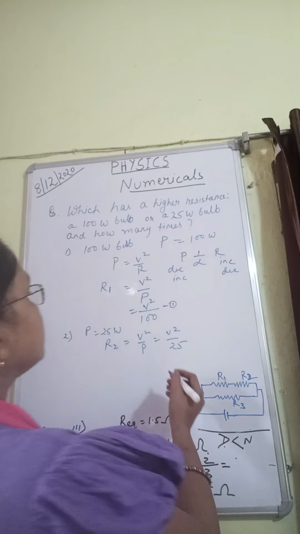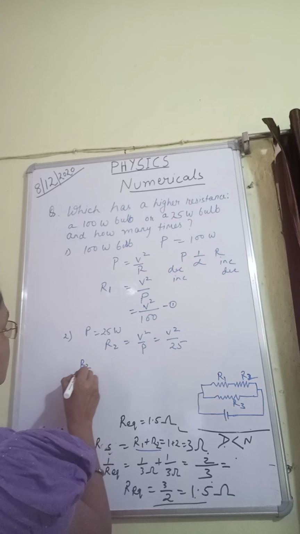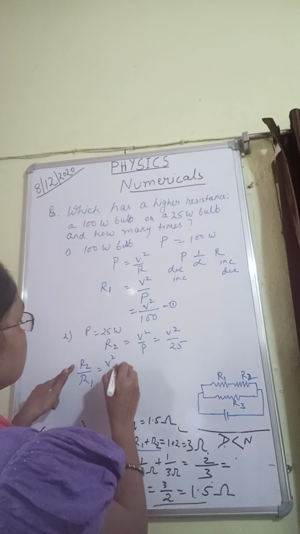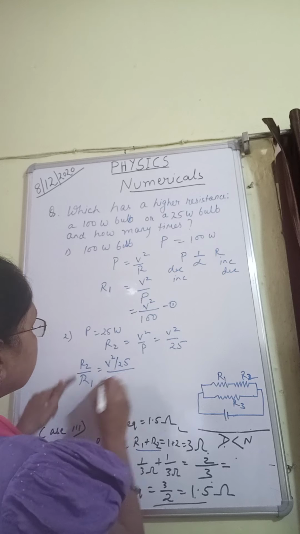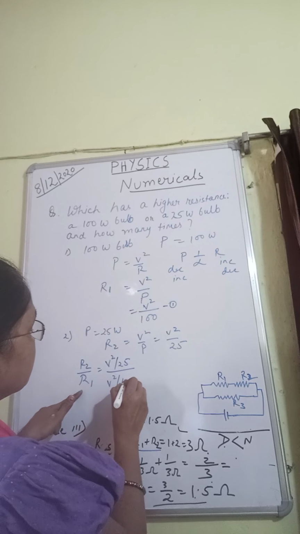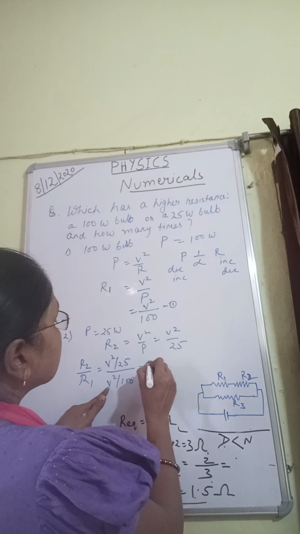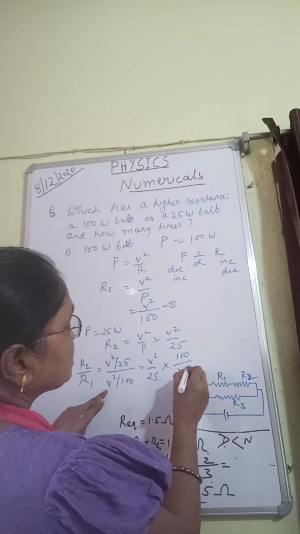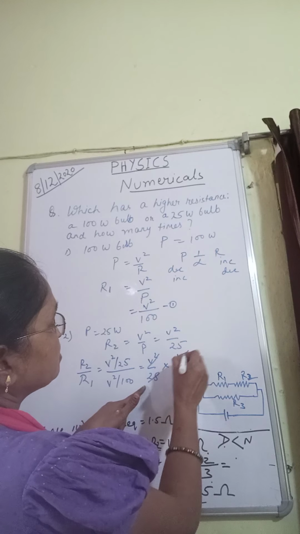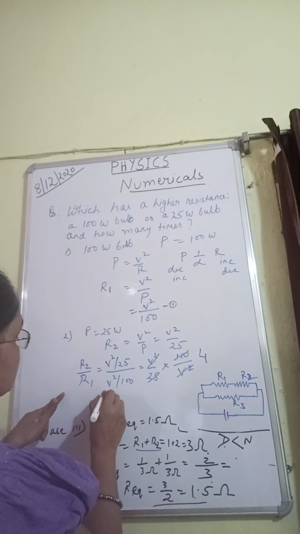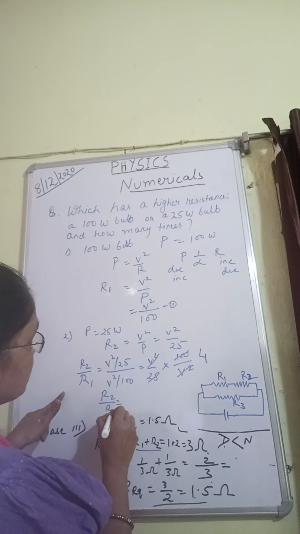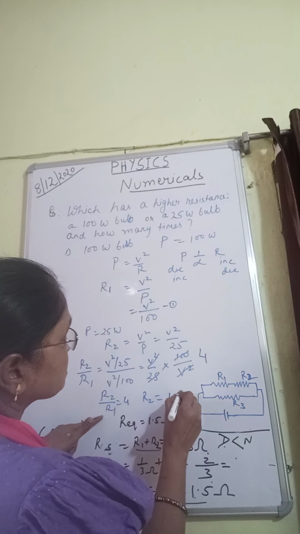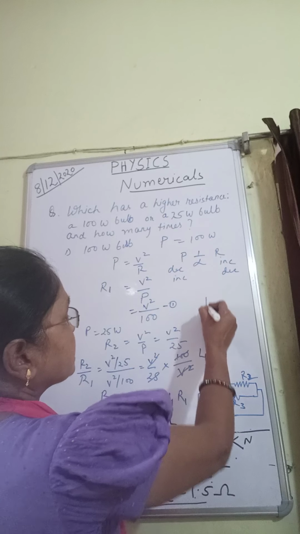So the ratio, let's find out, that is R2 by R1. So what will you get? R2 is V square by 25 divided by R1, which is V square by 100. So here you will get V square by 25 into 100 by V square, cancelled, 25 4s are 100. So R2 by R1 is equal to 4, which means R2 is equal to 4 times R1, which shows the result as R2 is greater than